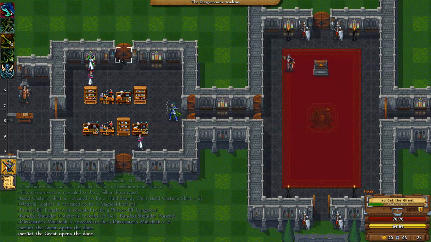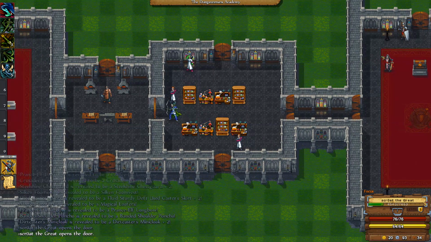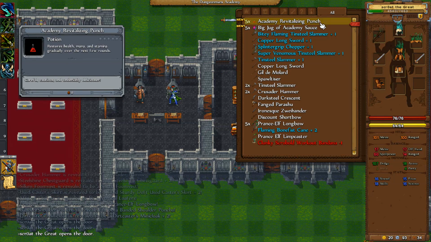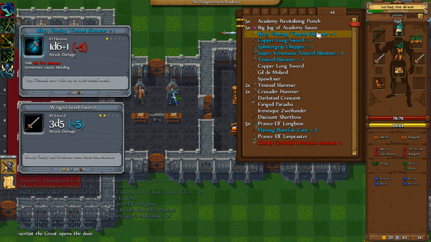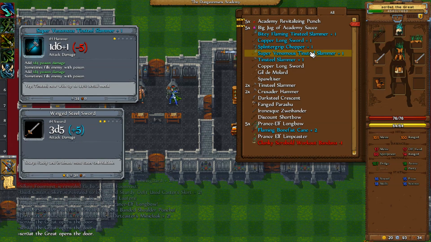And on top of that, check it out. Alchemy lab, a lot bigger. And let's take a look at our loot real quick. Make sure we don't have anything that's like totally awesome. I know we picked up a lot of weapons, but most of them probably aren't going to be...